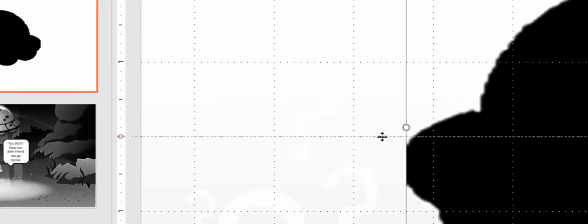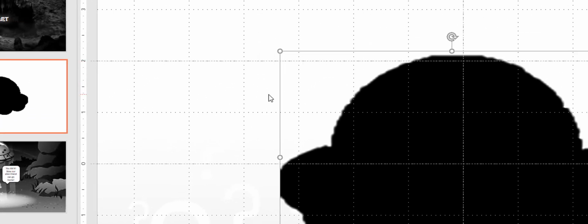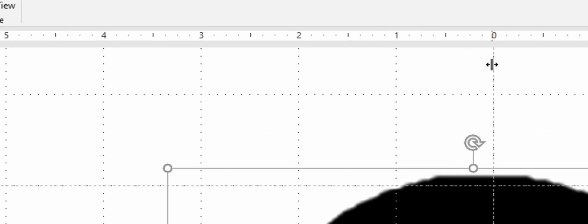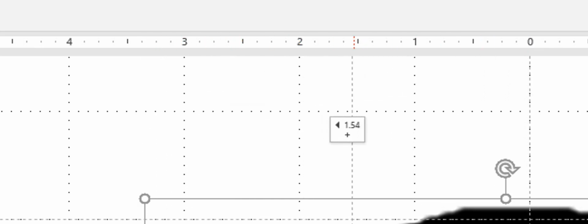So I'm going to get close to this grid line right here until I can see two little arrows going opposite directions. Then I'm going to hold down the control key, and then I'm going to drag it all the way up, and I'm going to snap it to each grid like that. I'm going to do the same thing to this middle one. Hold down control and drag it over to where it is from